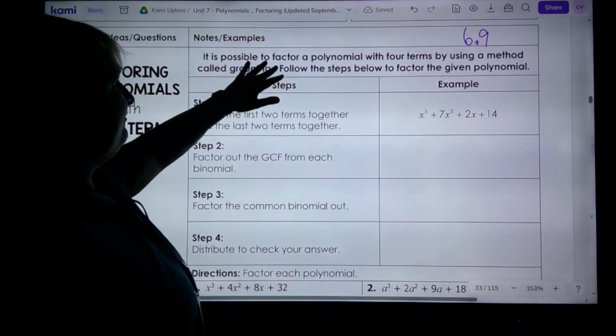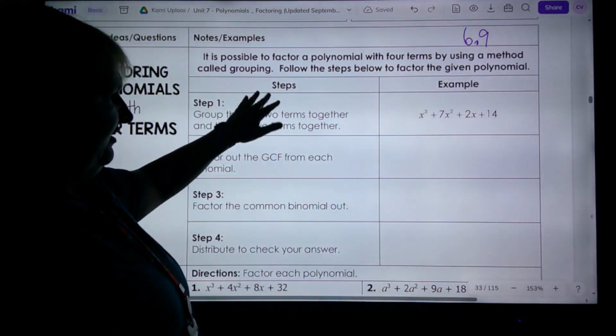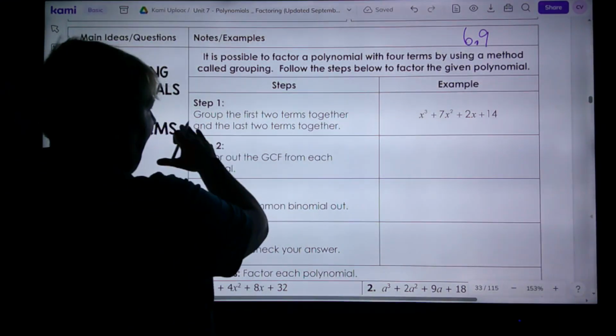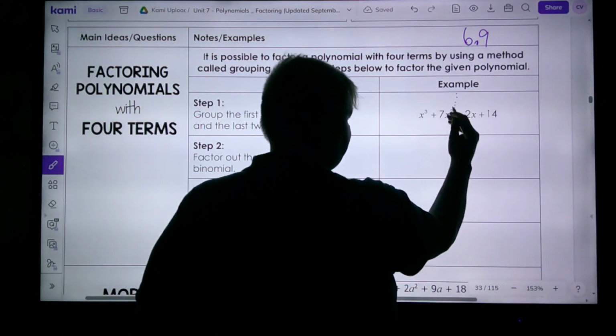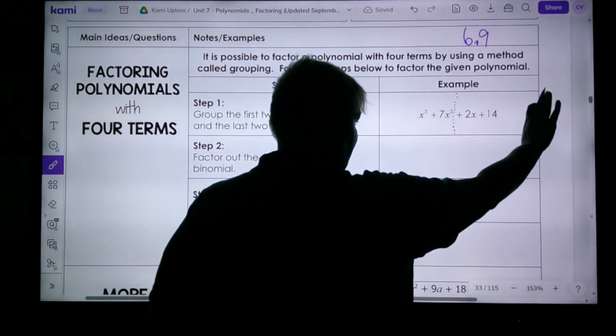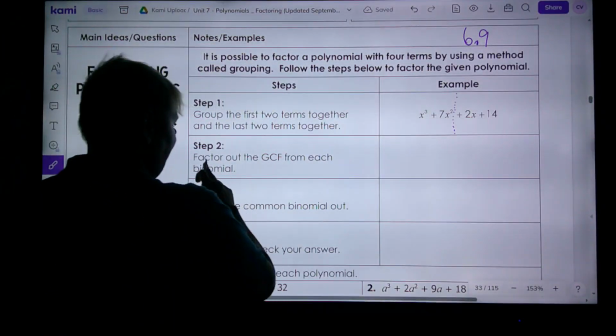It says it is possible to factor a polynomial with 4 terms by using a method called grouping. Right? Step 1, group the first 2 terms together and the last 2 terms together. So you're going to visually picture these 2 terms separate from these 2 terms. Alright? Now, if I factor just the first group,